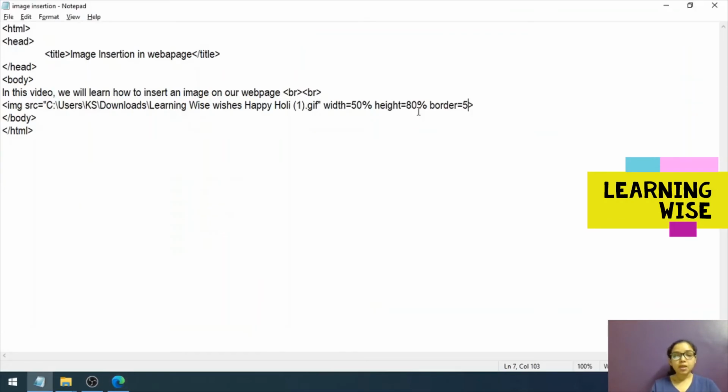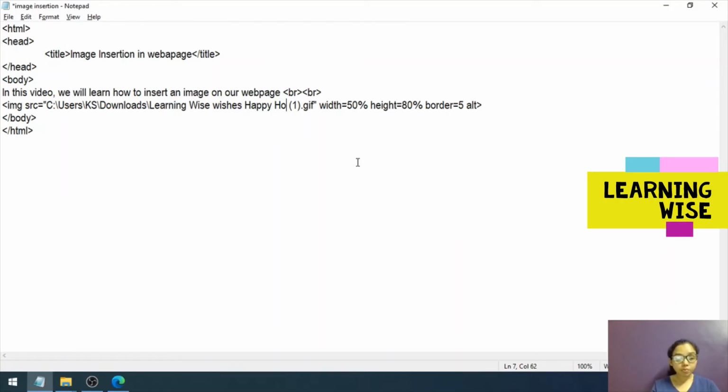Now let us come back, and this time we are going to see the ALT attribute, which is really very important. Let's say you mentioned the image and by chance you made a mistake in the image name. Let's say I have deleted some content from the file name. So now when I mention this file name, it does not exist.